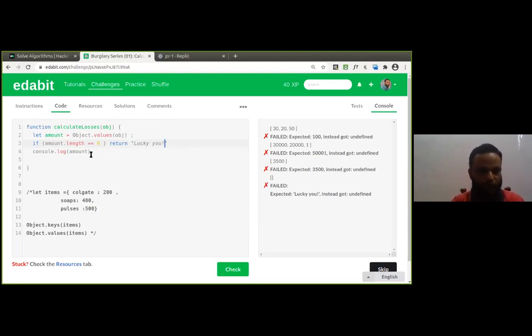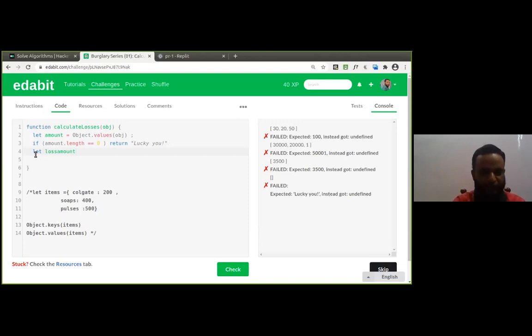If this is not the case, we are going to find the total amount. We will be using reduce. Let amount affected, or amount stolen, or loss amount.